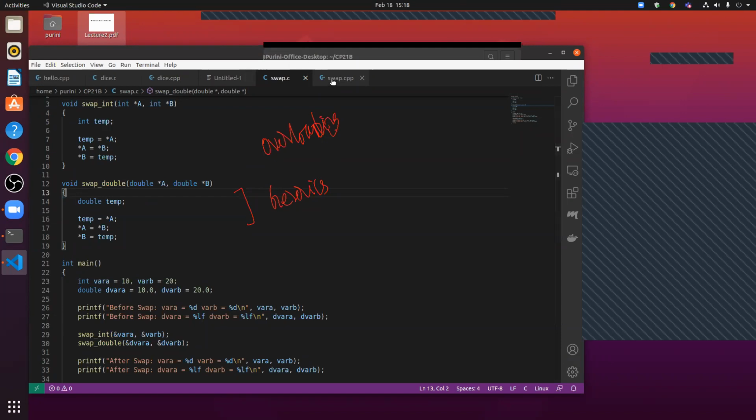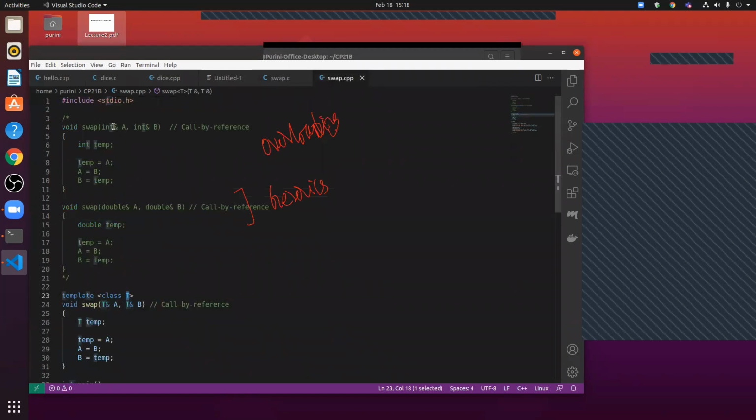Okay. So then we came to the C++ code, and we did two things. We removed swap underscore int and swap underscore double, and we just used swap, and we are able to accomplish it by this feature provided by C++ called function overloading.